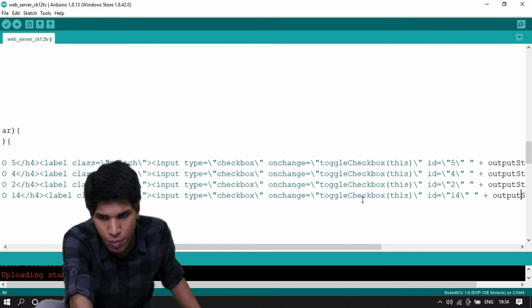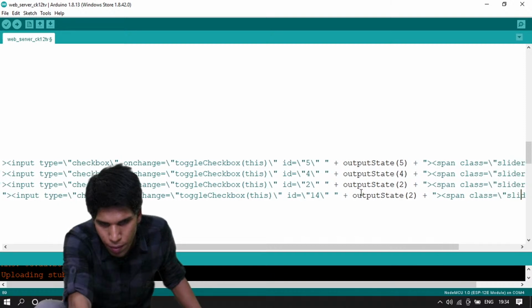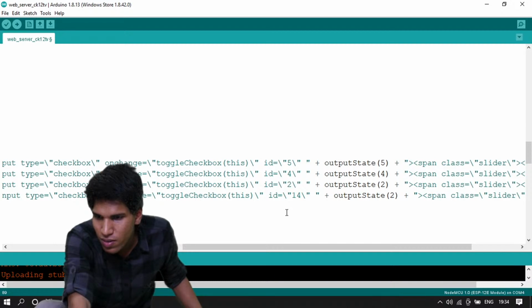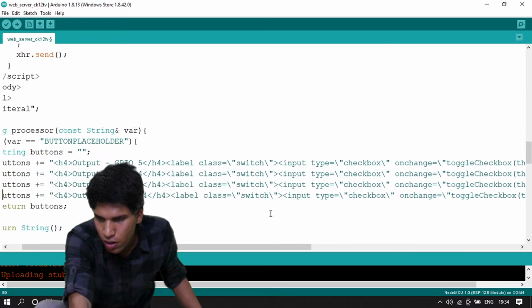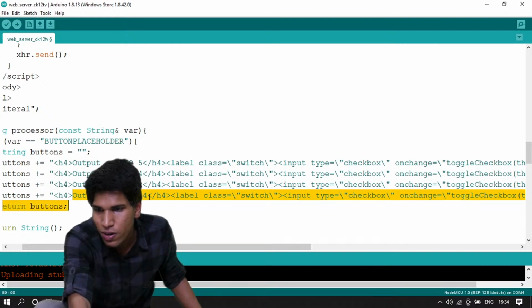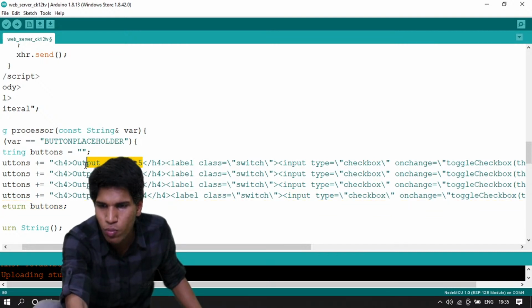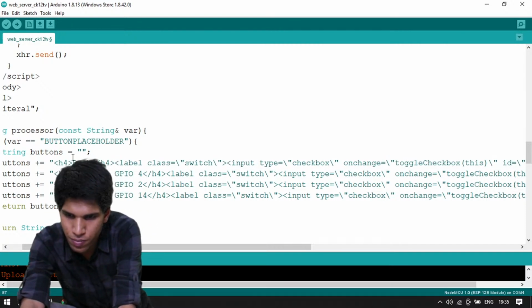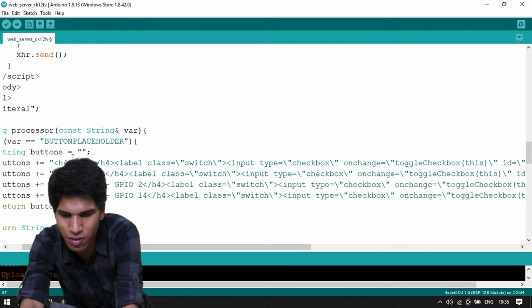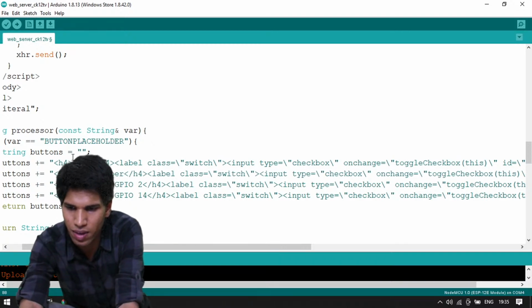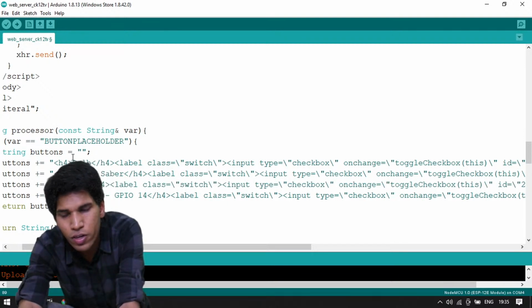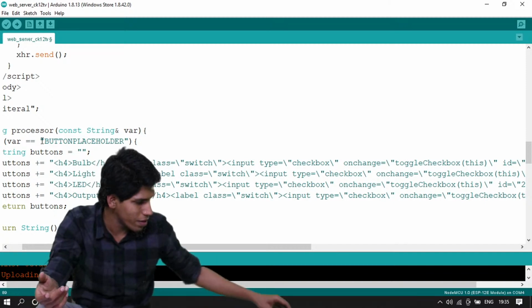So however many buttons you want to add, just copy paste the buttons line of code, and whenever you copy paste, just change the button's text. You can have anything here. I know that my first button is connecting to my bulb. The second button is connecting to my lightsaber, so I can give the text like that as well, lightsaber. And then the third button is a simple LED that I have. So the headings and the button's text can be anything that you want.